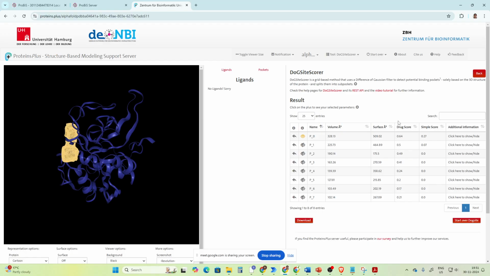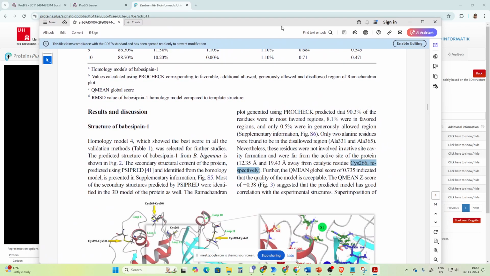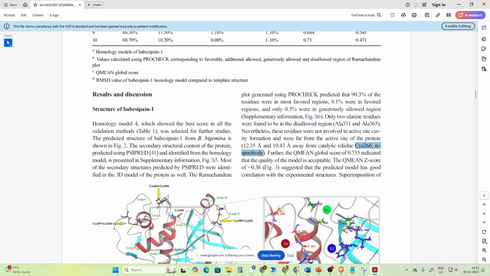If they are cysteine proteases, there should be a conserved cysteine residue present in the target protein. That is the cysteine residue important for the catalytic activity. If you do a little literature search, you can see that cysteine 266